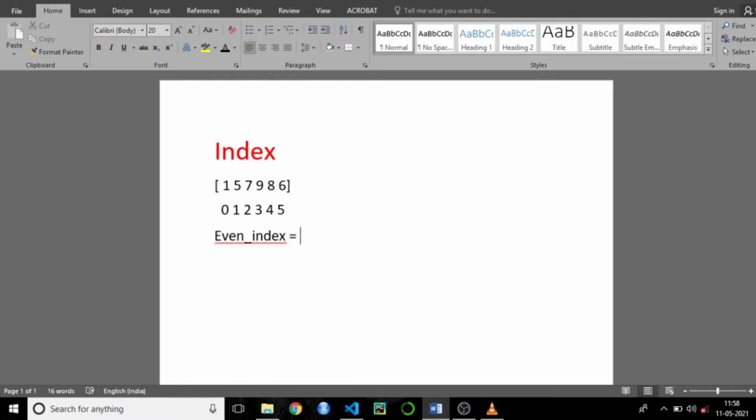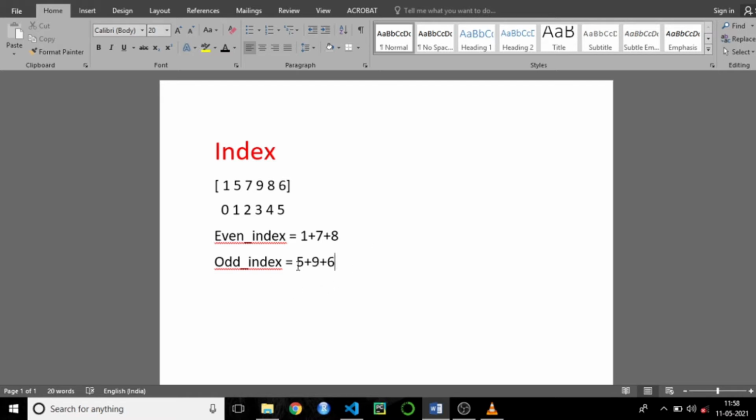Now the even index elements are 1 plus 7 plus 8. So these are the elements which are at even positions. After this, the elements in odd position, odd index, are 5 plus 9 plus 6.